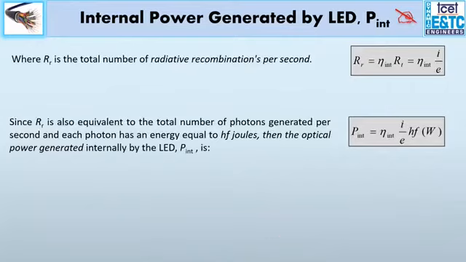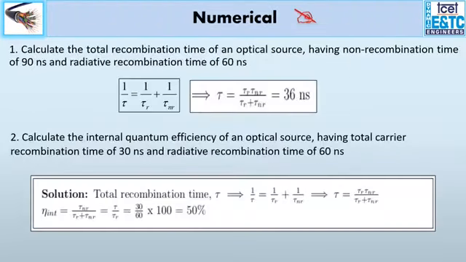So radiative recombination is nothing but the quantum efficiency into the total. Yes. Another way of writing it is the way I found out using the energy of a photon. Another way of doing it is radiative recombination is quantum efficiency into the total carriers injected, that is I by E. And the internal quantum efficiency is eta I by E h f. So we get the same relationship here which we have already derived.